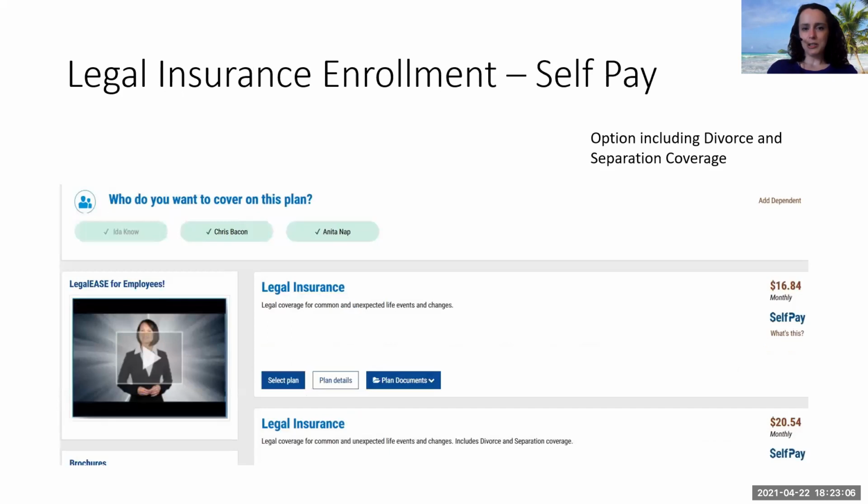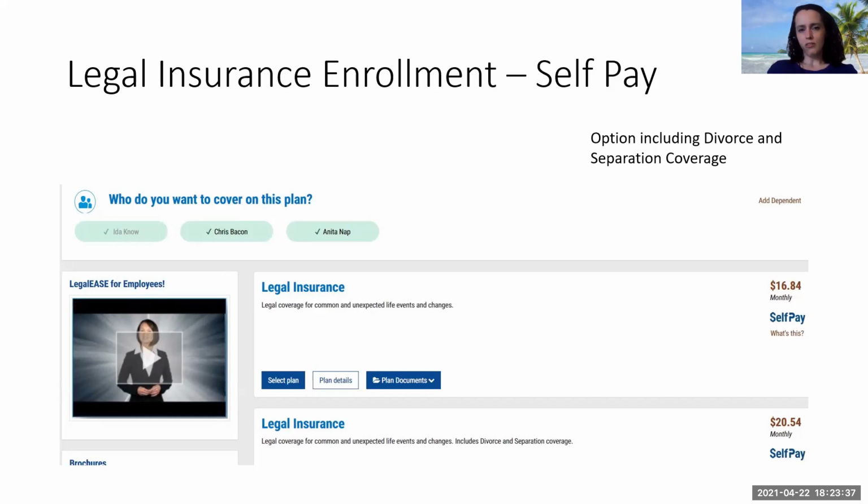And then legal insurance, we have two different options for you: divorce and without divorce. This one is more of a long lasting, more than for like a year, more than a legal question. So this one, you actually cannot enroll anytime. You have to have a qualifying event to enroll. That would be something like marriage, divorce, having a child, things like that. There is a list on the HR page of what things are eligible.